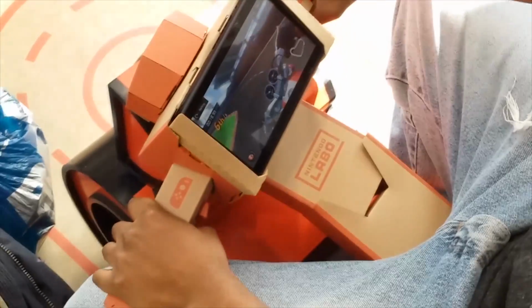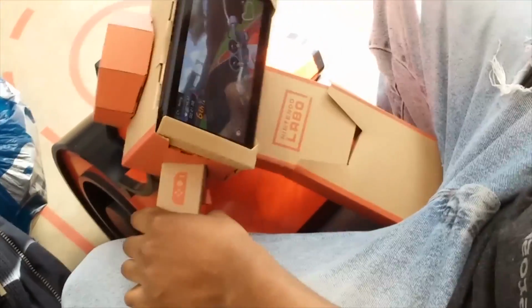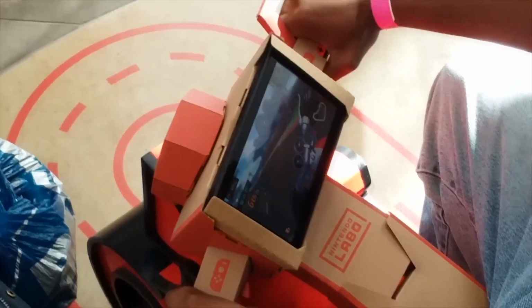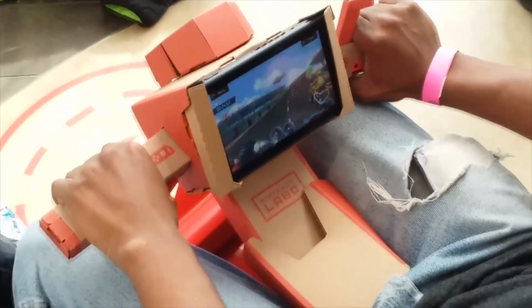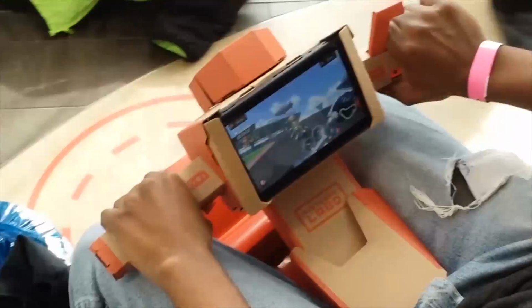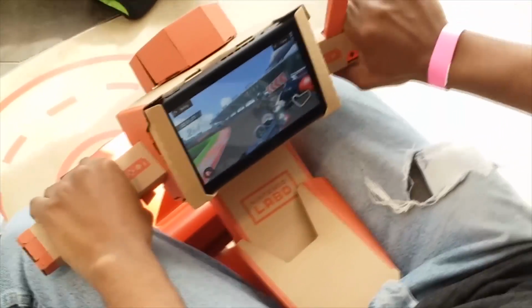Out of all the ones I got to try, the motorcycle was the most fun. I've never played VR before, but it felt like VR, like the peripheral. The fact that you're actually cranking the motorcycle. I don't know motorcycle terms, the parts of a motorcycle, but the fact that you're actually revving the engine, and it uses motion controls obviously,